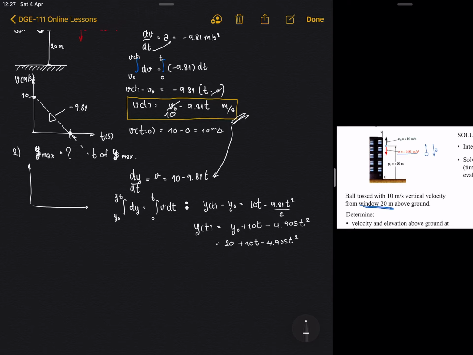Okay, and then now you already got the equation. So this is the equation for the displacement, and all right,